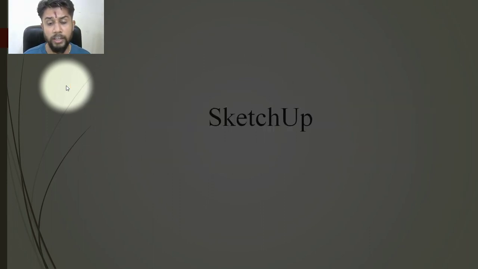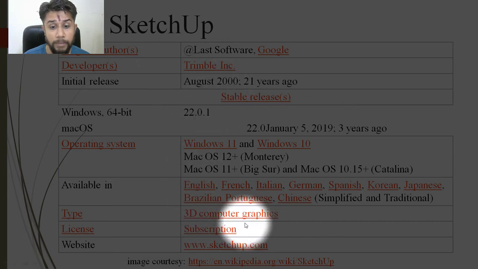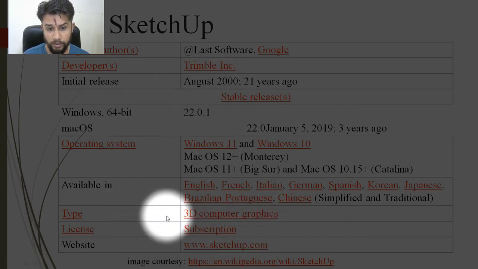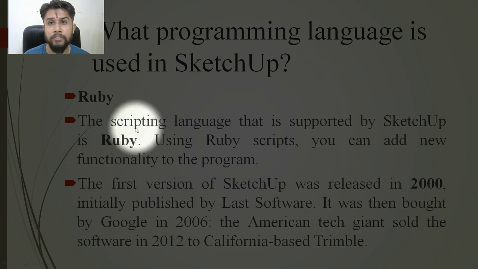So now moving on to the next tool, that is SketchUp. SketchUp information is readily available on Wikipedia. You can go through it. The scripting language for SketchUp is Ruby, and using this Ruby script you can add new functionality to your program. This SketchUp was first released in the year 2000 and initially published by Last Software, but afterward in 2006 it